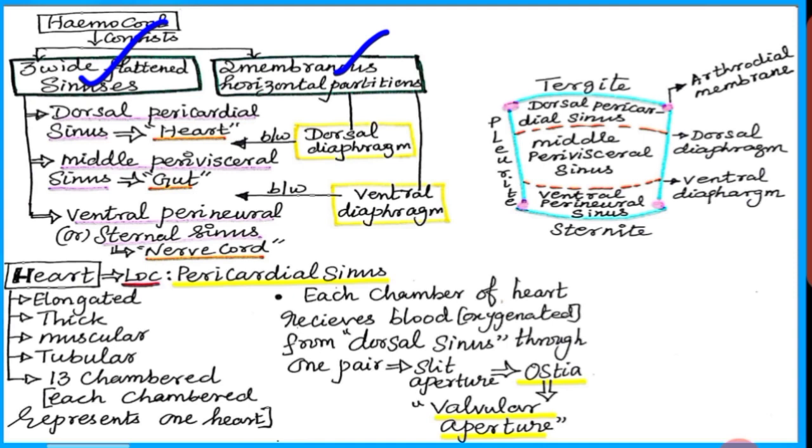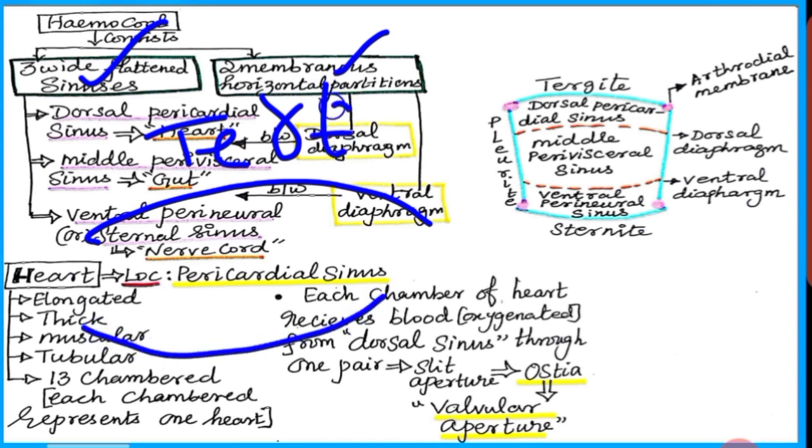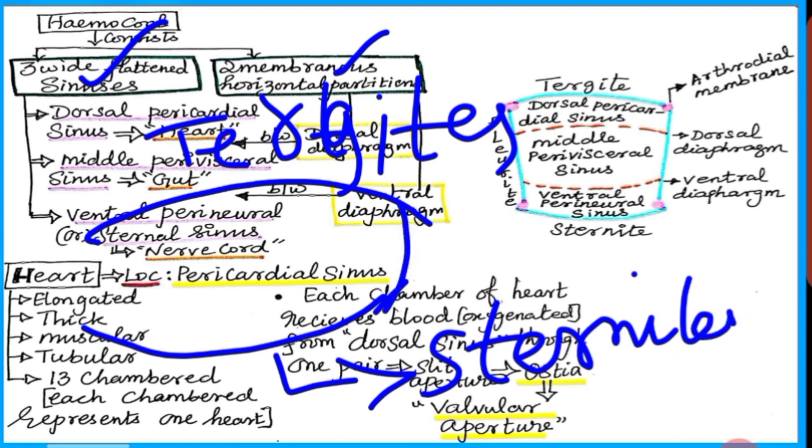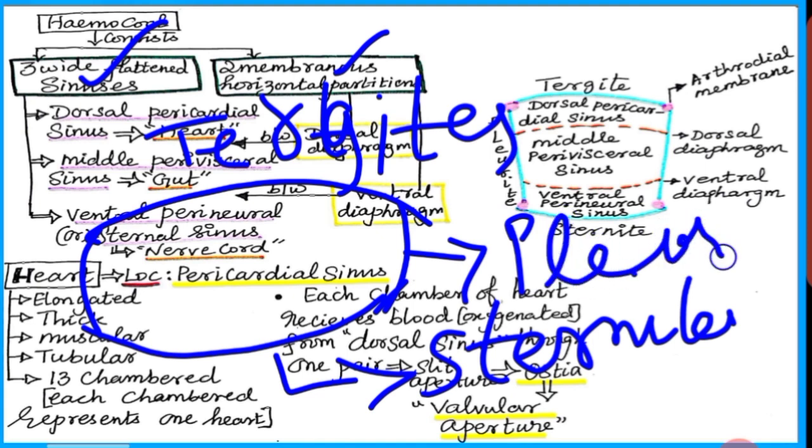As we discussed earlier, the cockroach dorsal sclerite is called the tergite. The cockroach ventral sclerite is named the sternite. The cockroach lateral sclerite is named the pleurite. The junctions are interconnected by a flexible membrane called the arthrodial membrane. This makes up the body cavity.